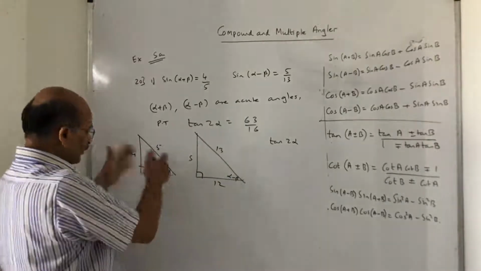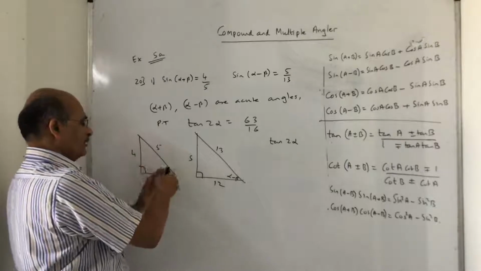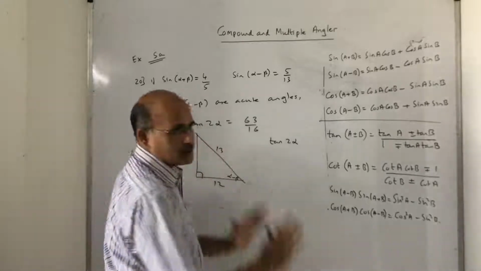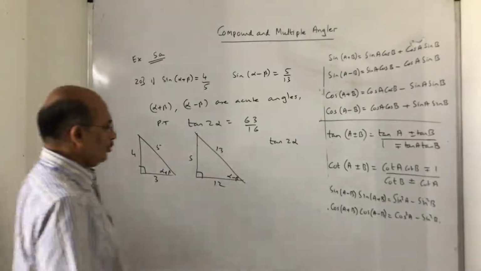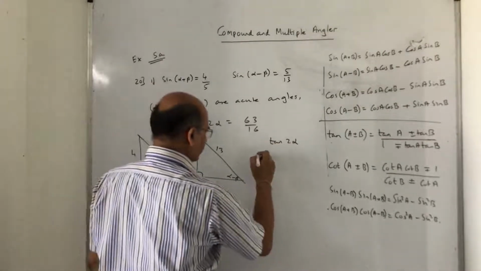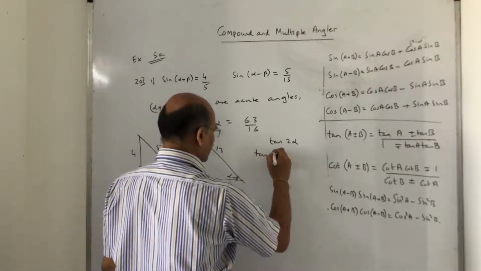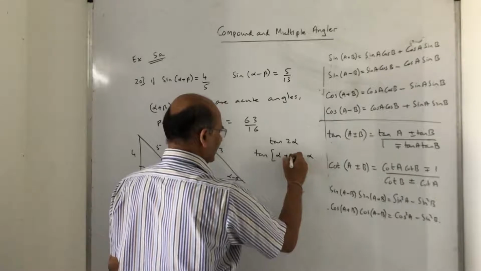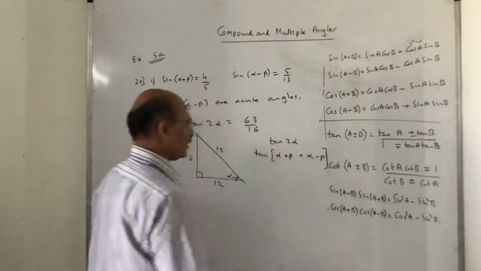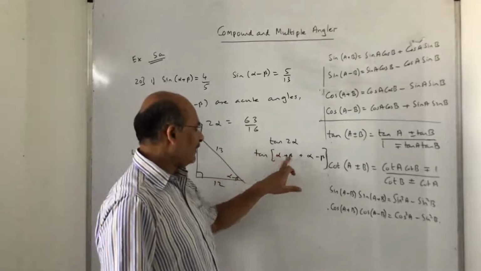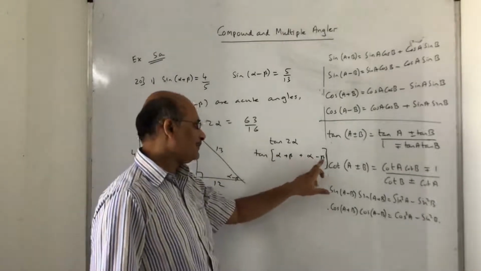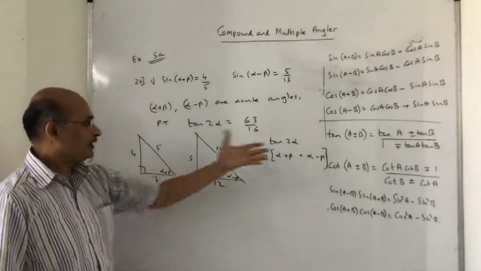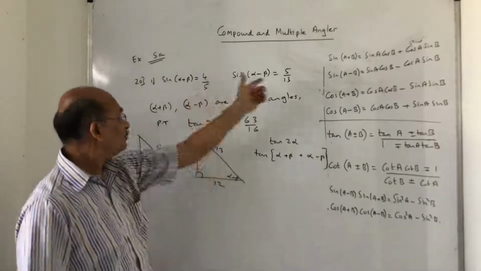So any trigonometric ratio, sine of alpha, cos of alpha, tan of alpha plus beta, sec of alpha plus beta, whatever it is, will be alpha plus beta together or alpha minus beta together. So I don't have beta here, so what can I do? Can I write it like this? This 2 alpha, I can write alpha plus alpha, and now I can write plus beta minus beta. Understand what I did? 2 alpha, I wrote alpha plus alpha, and I did plus beta minus beta, so that this alpha plus beta and alpha minus beta comes into the picture, because you have to use this information and prove it, right? That's what they have given.